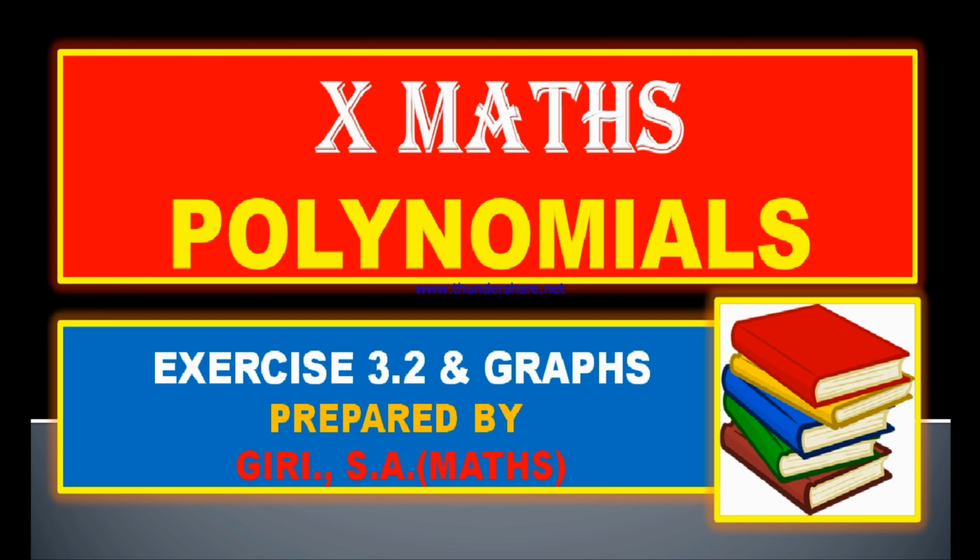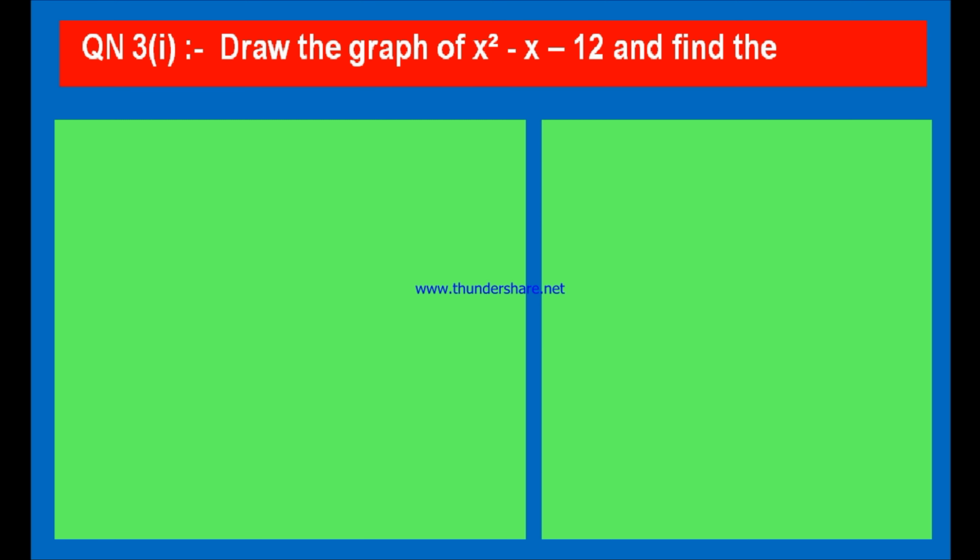The problems and solutions from exercise 3.2, which includes the graphs of quadratic polynomials. We have to draw the graphs of quadratic polynomials. Here is the first bit of third question. Draw the graph of x squared minus x minus 12 and find the zeros. I shall repeat. Draw the graph of x squared minus x minus 12 and find the zeros of the given